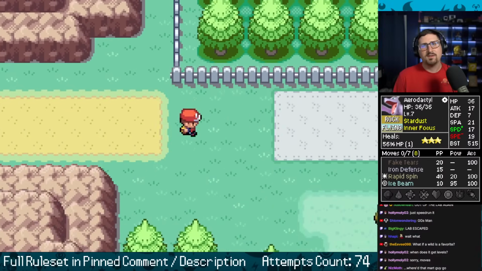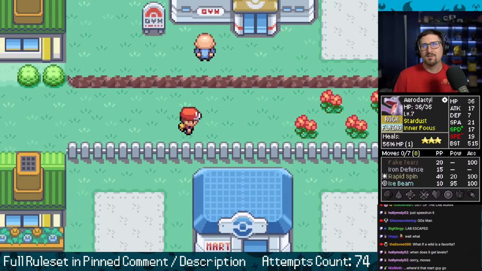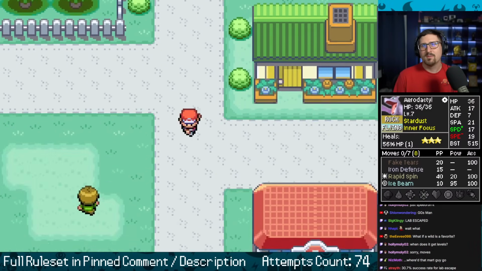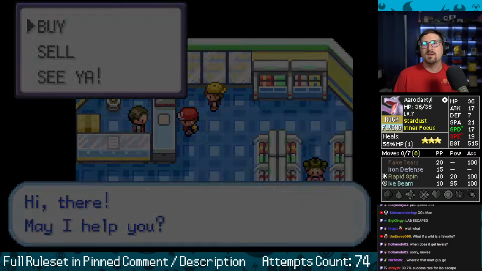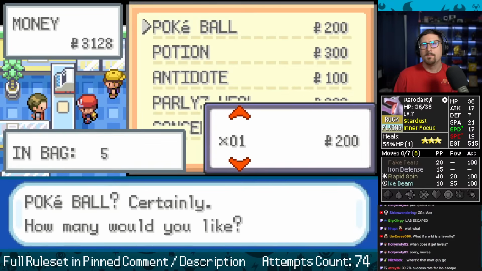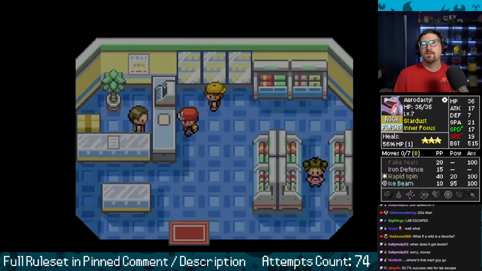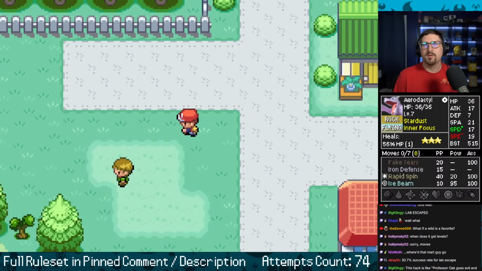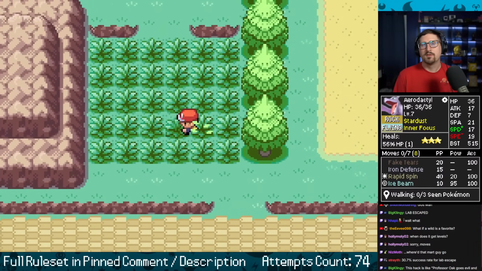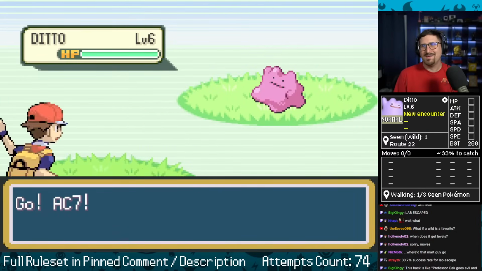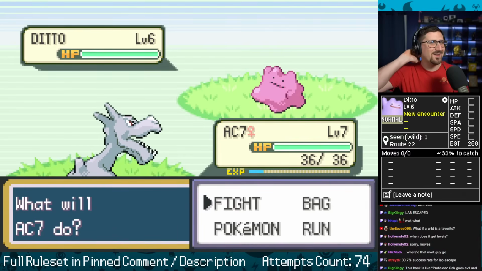Because oh, antidote, that could help me. Poison sucks normally. Grab some extra balls. Maybe I'll just look, just in case I see something insane. Sure. Yep, not allowed to buy potions, only balls and repels. Whoa, I do not want to fight the rival now. Oh, hey, Ditto! Hey, my homie!